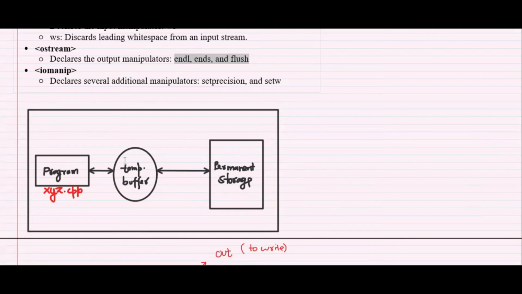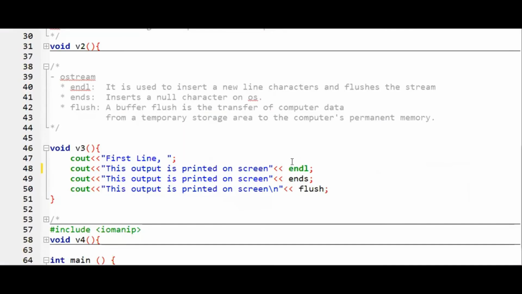So it will help to empty the temporary buffer, so new temporary values can be stored in the buffer from now on. This is the use of your endl. This is not the only use, but you probably will not notice it when you use endl in your program. You only see that it is used to create a new line from the next statement. What is the use of ends?